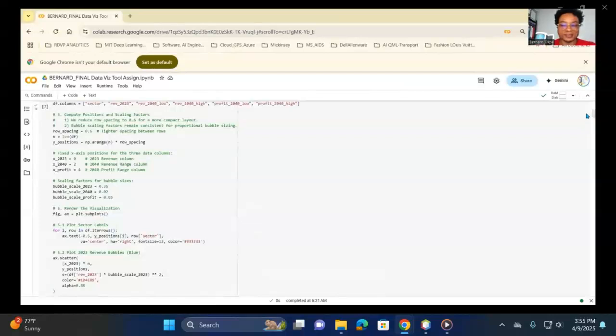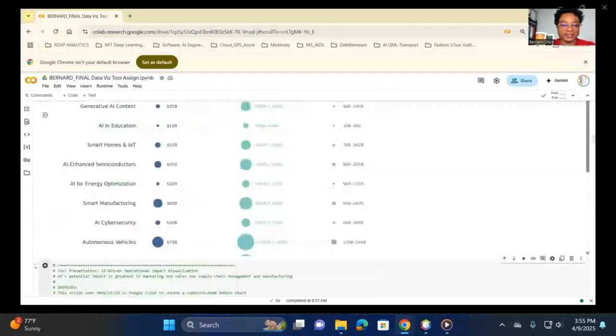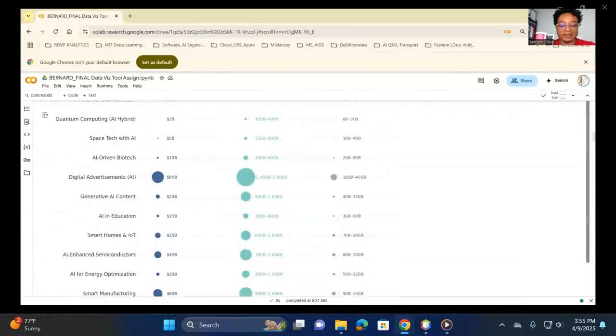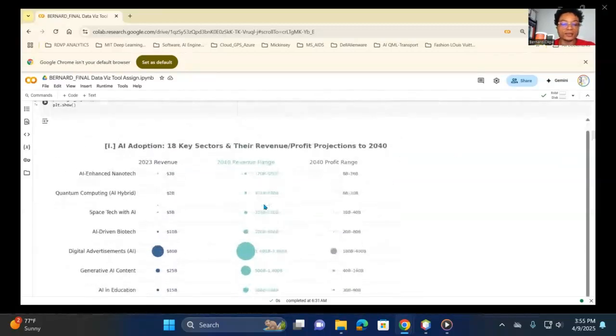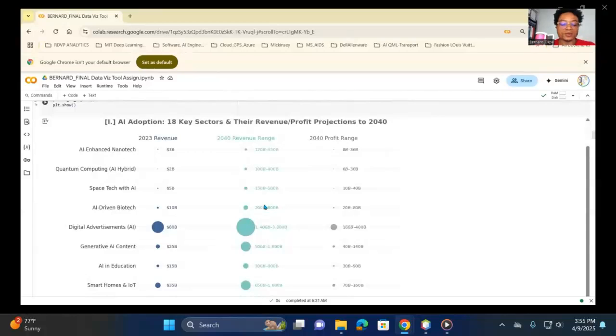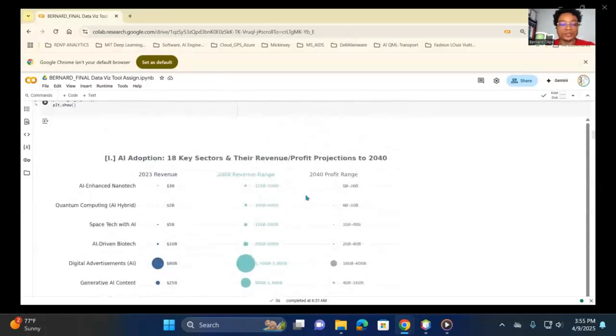Our first visualization is across 18 key sectors, as you can see here, projecting revenue and profit potential from 2023 to 2040. The chart gives a very quick comparative overview of the current scale of AI versus the future growth,